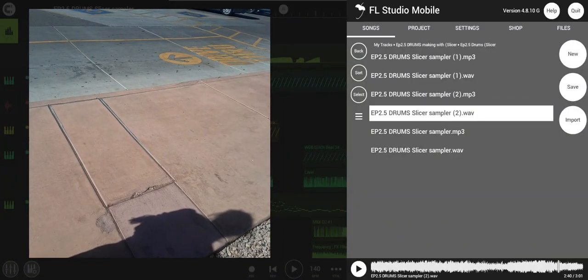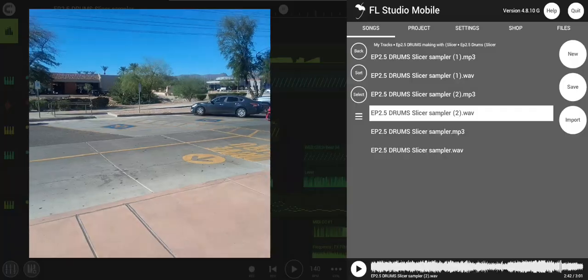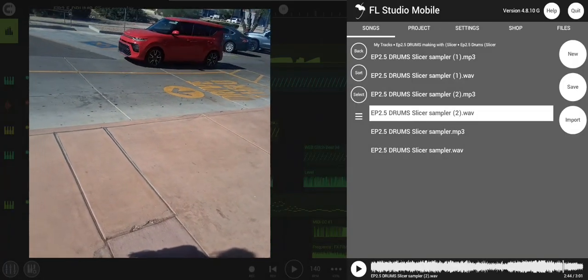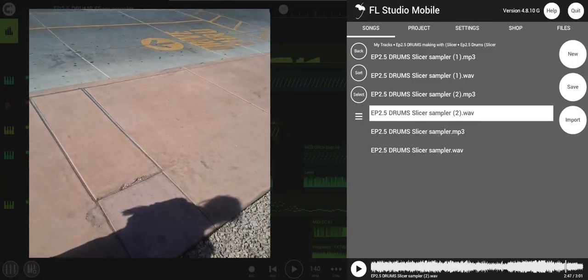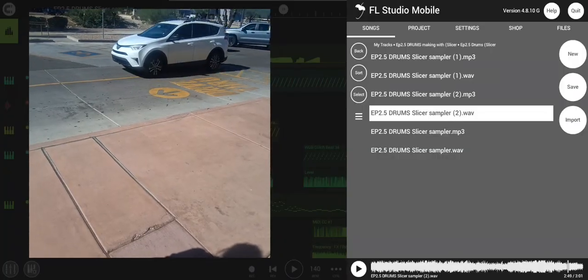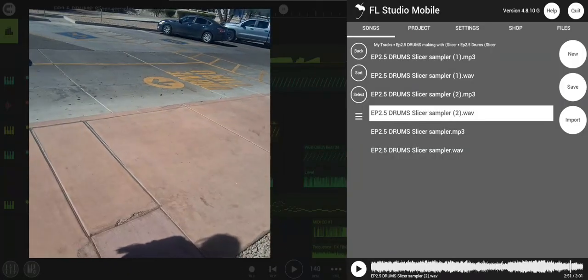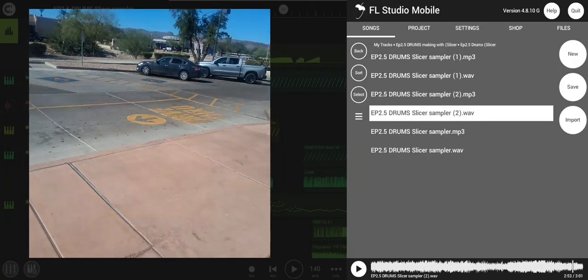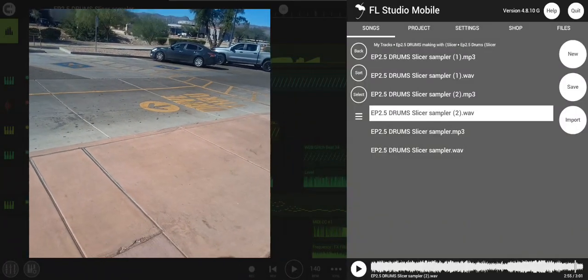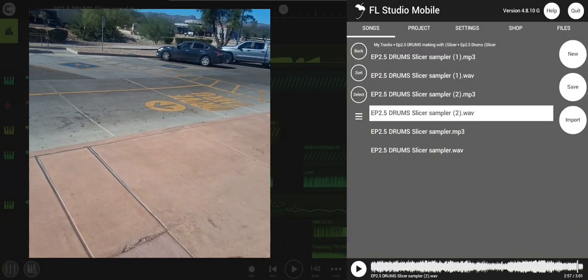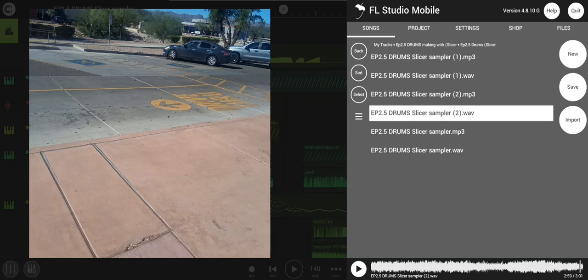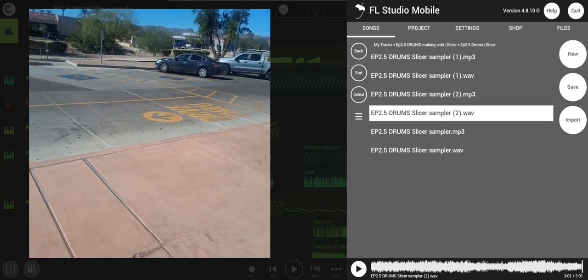I've had issues on Android where the end of the track sometimes has issues. It's always good, if you don't want to listen to the whole thing, to skip to where I just did. Make sure it ends clean the way you recorded it. And that's that. The only other thing